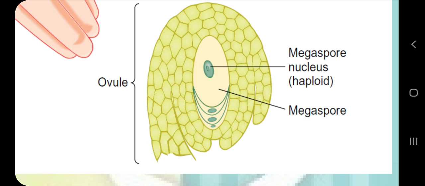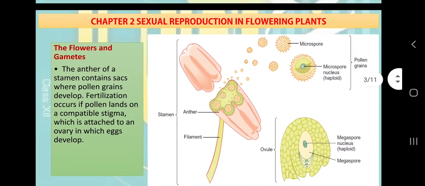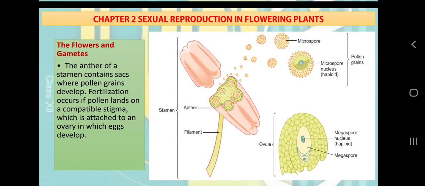With this simple understanding that gametes and spores are always haploid, you can always make predictions about plants and animals, by what process they produce spores or gametes. For example, we humans produce gametes by meiosis and plants produce gametes by mitosis. Why? Because the generation of the plant which is producing gametes is called a gametophyte, and a gametophyte is always haploid and gametes are also haploid, and that is why gametes are produced by mitosis. In angiosperms, the male gametophyte is the pollen grain and the female gametophyte is the embryo sac, which is found in the ovule.